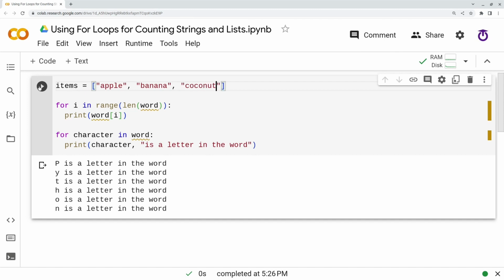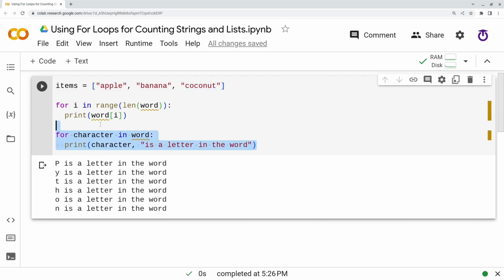Here I've got a list called items, and items has 3 values in it. They're 3 strings: apple, banana, and coconut. Just like in a string, each item in my list has an index value. Apple is at index 0, banana is at index 1, and coconut is at index 2.